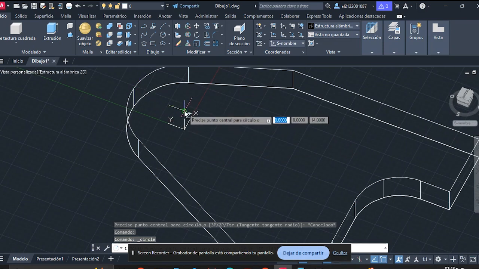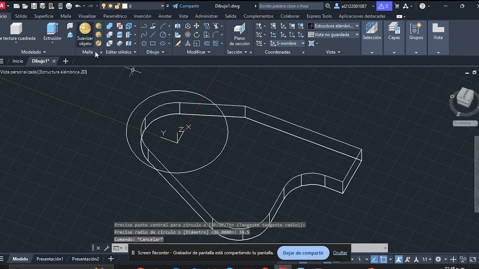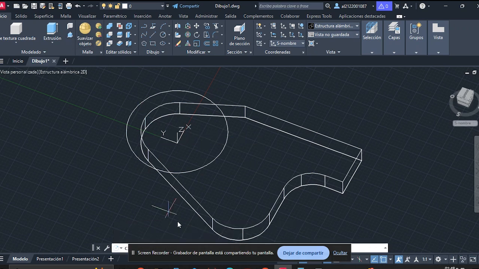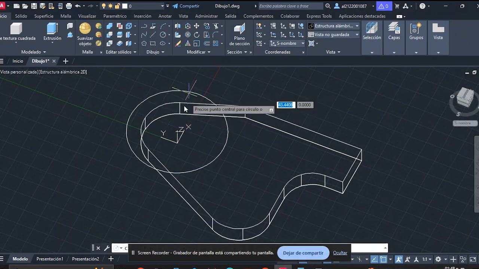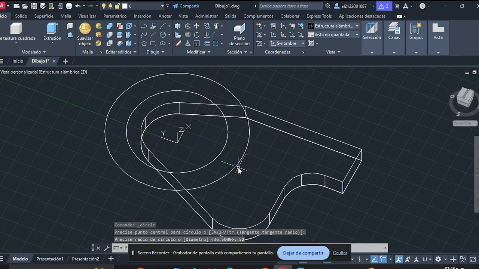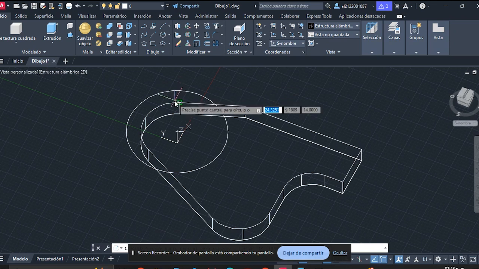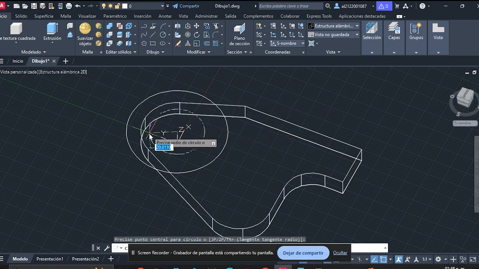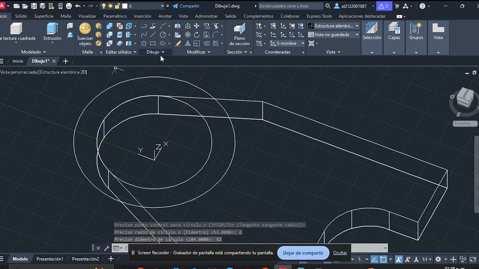Now we draw another circle. The measure is 52. Sorry, 52 diameter. So again, press letter D, 52, and that's it. I'll select this, and